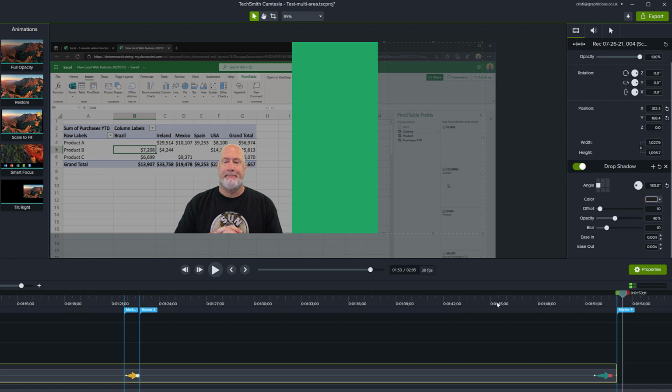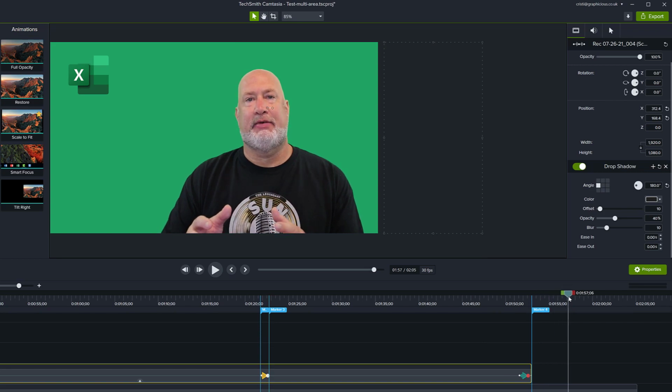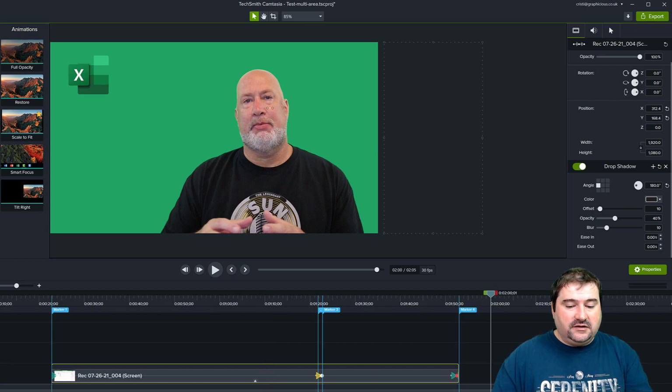Yep, so now I'm getting to the end of the tutorial anyway, so I'm doing much more animation here. I'm just scaling Chris up, bringing the background back in and the logo and everything, so I'm done with this tutorial. So this has been the procedure to do it, and you can do it multiple times. You can actually scale copies of the screen, two or three copies of different areas of the screen, depending on what you're showing and where it needs to be.